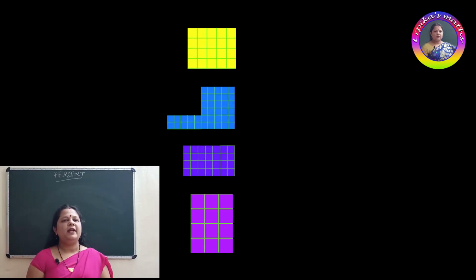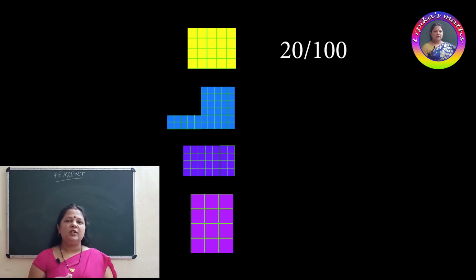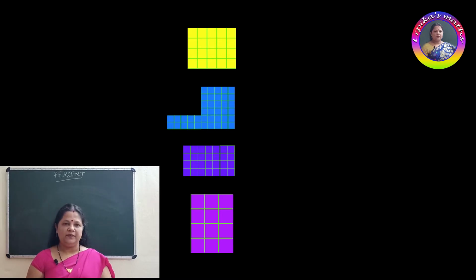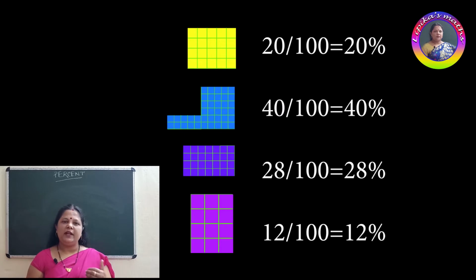So first of all I had taken yellow color 20 parts. How to represent 20? Means out of 100 I had taken 20. So how to represent this? 20 by 100 or 20 upon 100 I had selected for yellow color. Clear? Blue color I had selected 40, means 40 upon 100 is your blue color. Clear? Purple color 28, that is 28 upon 100, and pink color 12, means you can see 12 by 100. So we had converted into fractions. You got your fraction? 20 upon 100 means 20 is the numerator, 100 is the denominator. Clear? This is called your fraction.